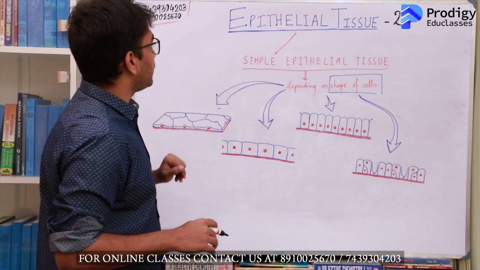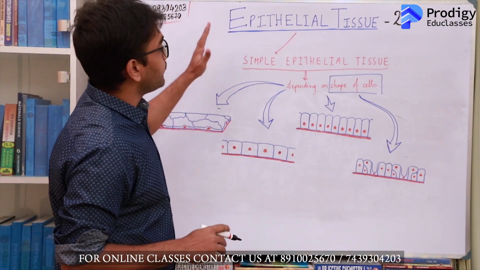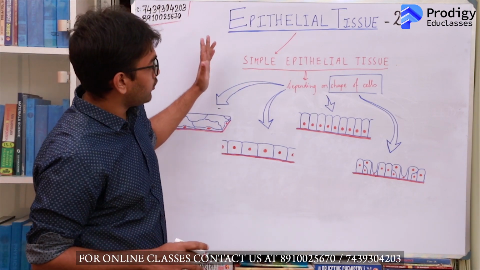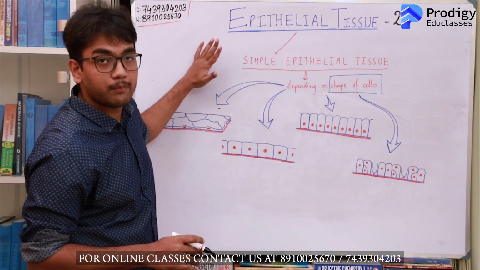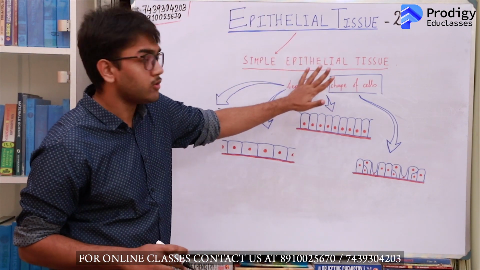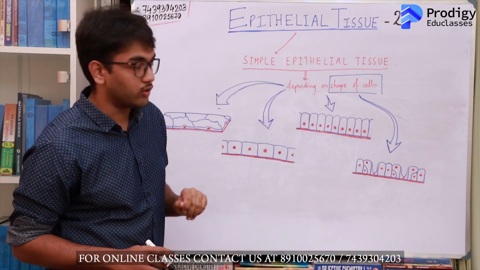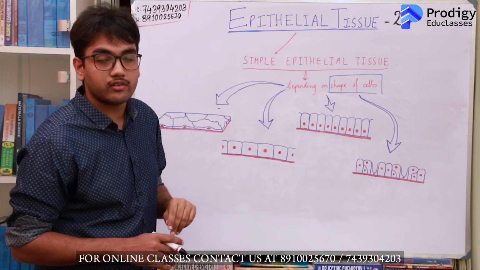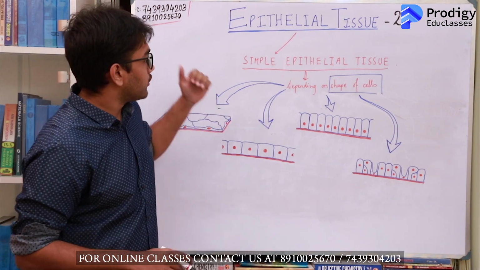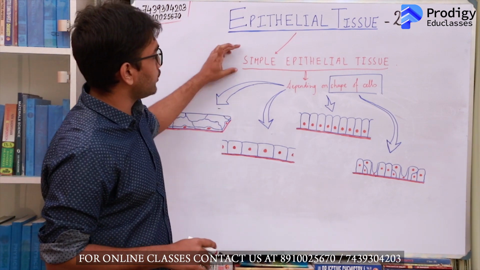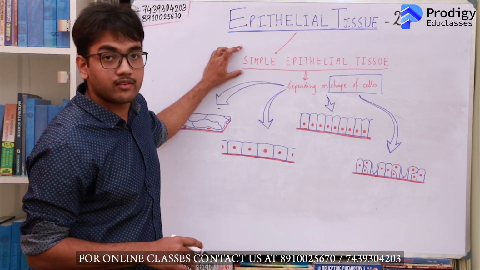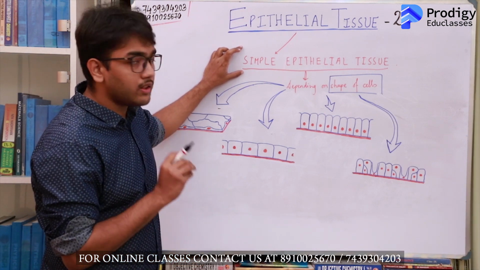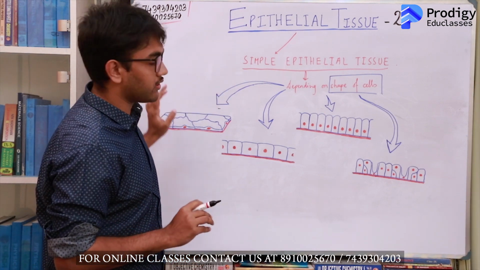We will continue with this video. This is a continuation of the previous video. Where we left off in the last video, we had classified epithelial tissue into simple epithelial tissue, transitional epithelial tissue, and stratified epithelial tissue. We'll begin by discussing simple epithelial tissue, and then we'll move on to transitional and stratified epithelial tissue. So discussing simple epithelial tissue, as you know, the simple epithelial tissue has a single layer of cells where all the cells have a direct connection to the basement membrane.